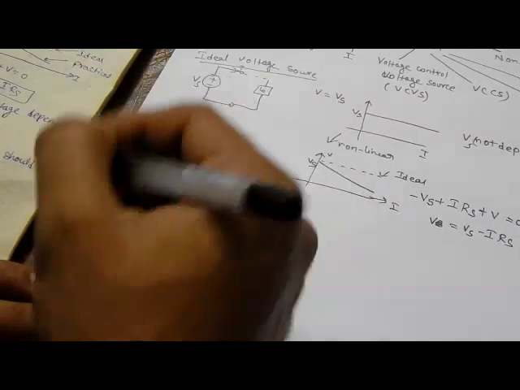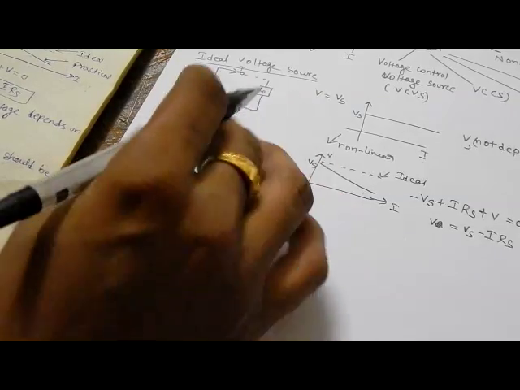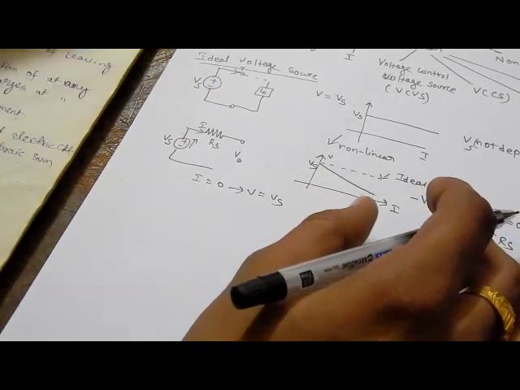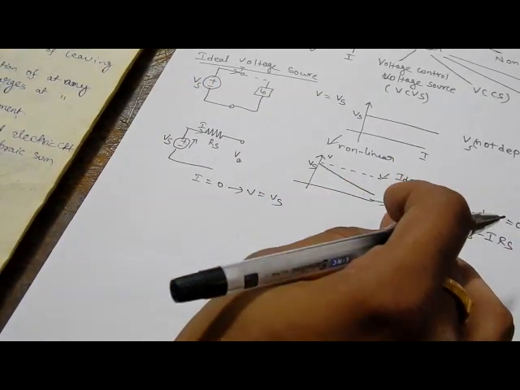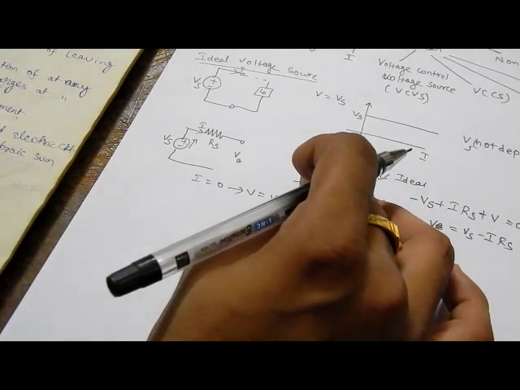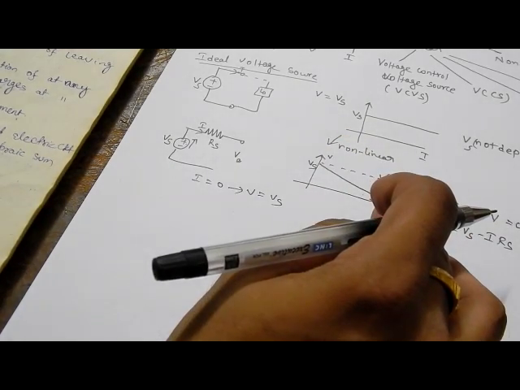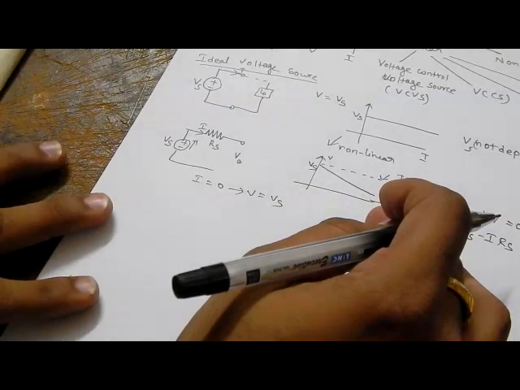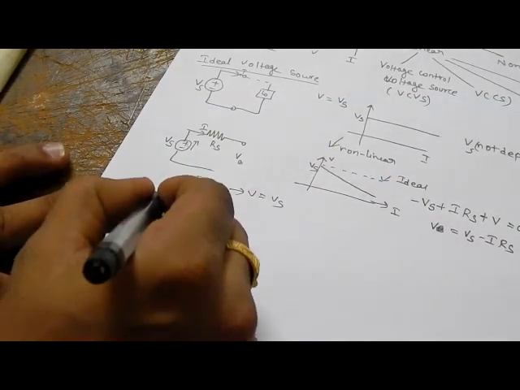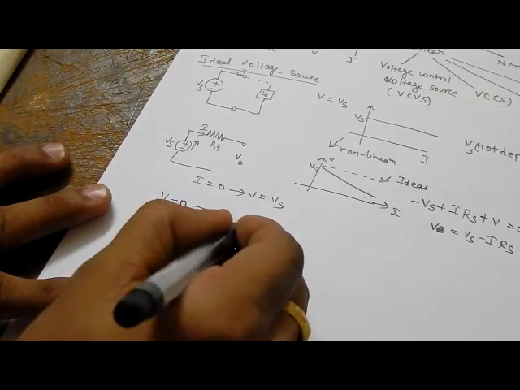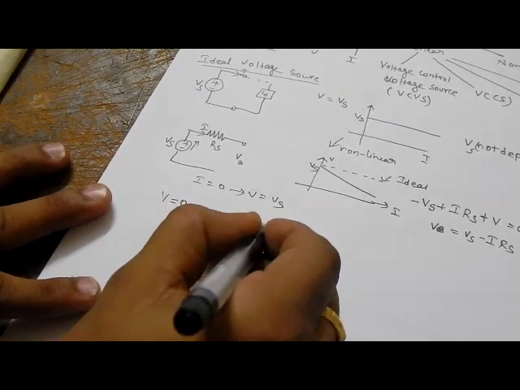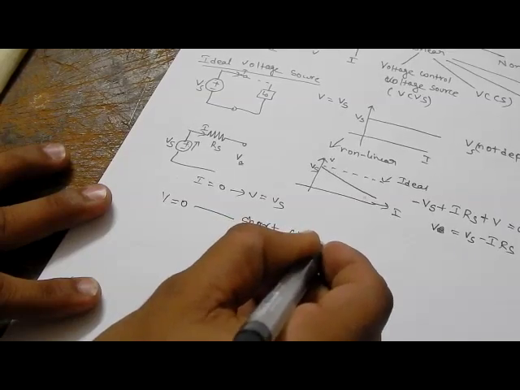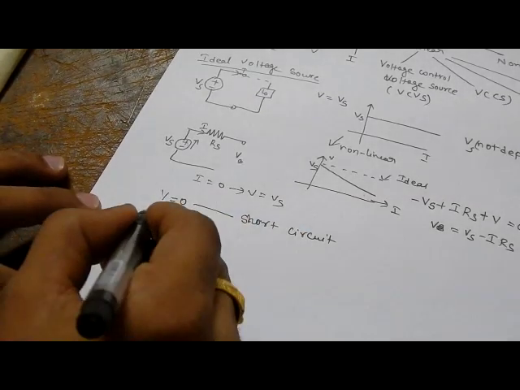In a similar way, if you consider the current source, the same things will happen. The only change is you are drawing the voltage versus current. So current is the output and voltage is the input here. That is the only small change in the current source. So V is equal to 0, that is short circuit, and I